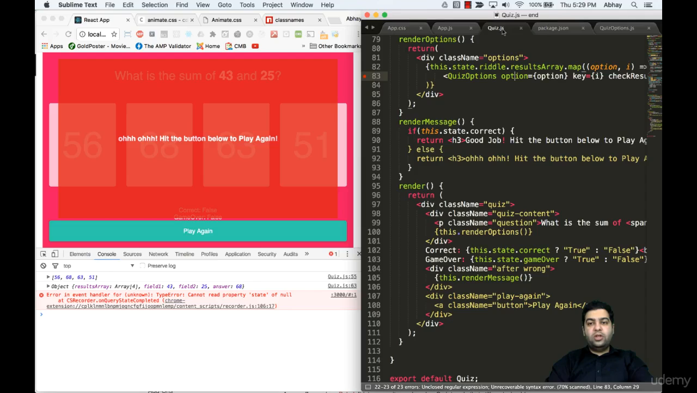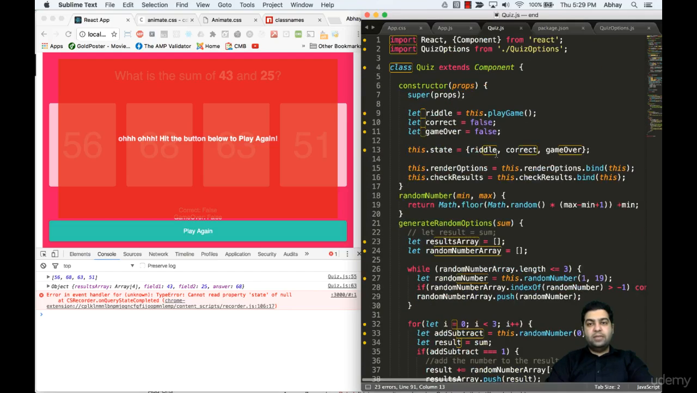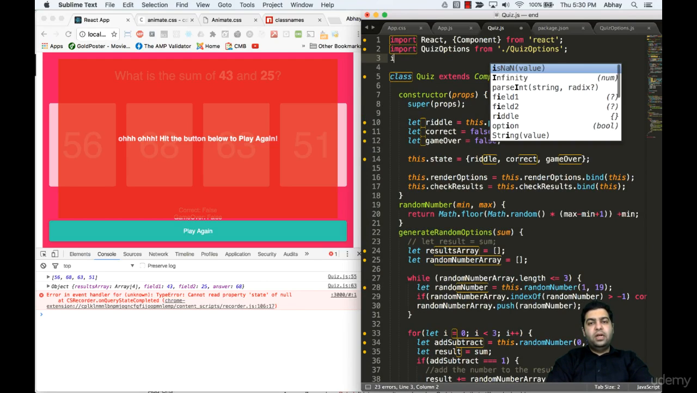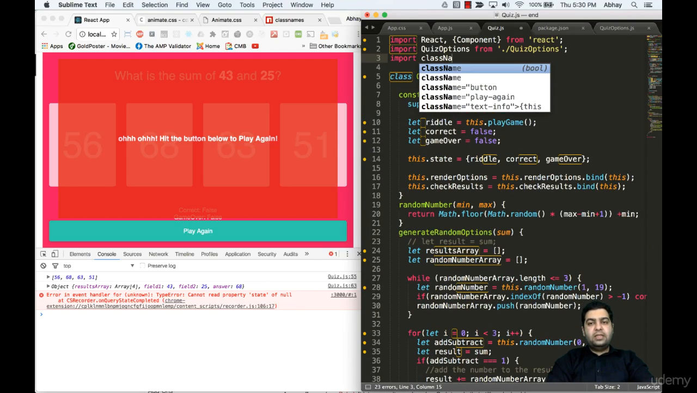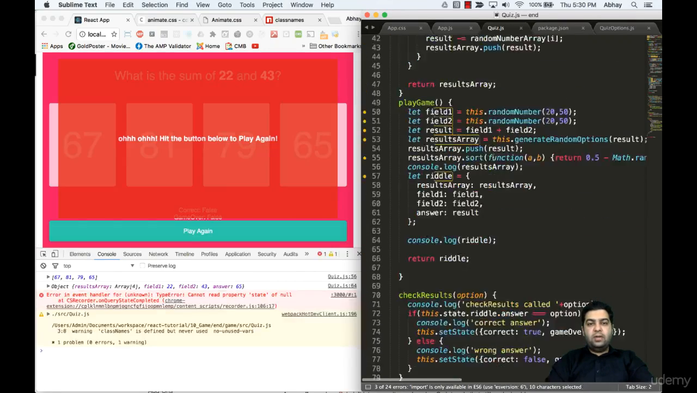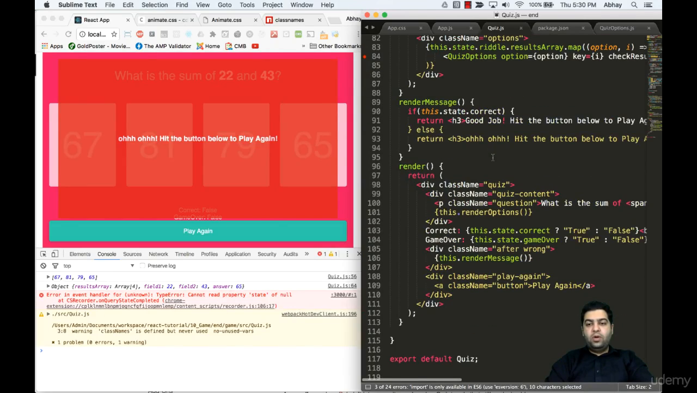Let's go back to our quiz.js and try to use the class names. The way we can use it is, we can do something similar, which is import classNames from 'classnames', instead of just React. Let's save it. Nothing should happen. The screen should refresh. And now comes the real thing, where we will go down to our className, which is out here. And instead of this, what we will say is classNames,